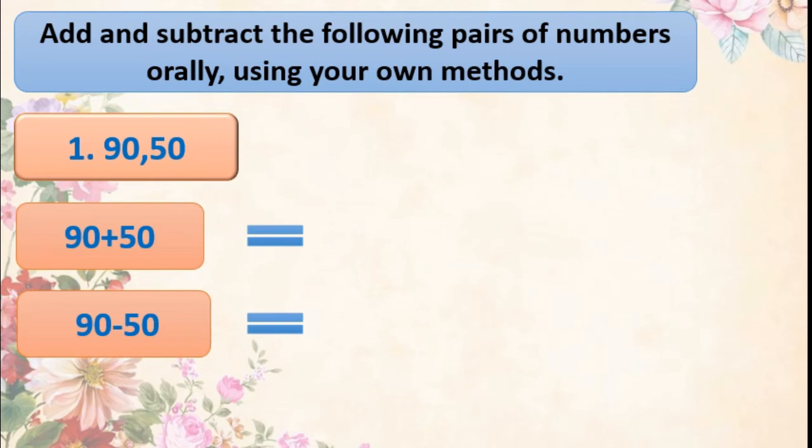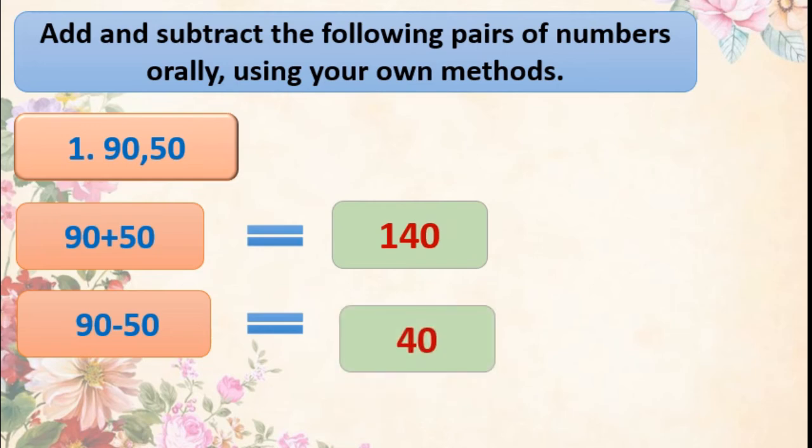And verify the answer with my answer. On your fingers also you can count 9 plus 5, because 0, 0 is there in the units place, right? 9 plus 5, that is 14. One more 0, we will give, 140, correct? And 9 minus 5, what remained? 4 remained. One more 0, so that is 40. You can use any of your methods, okay?